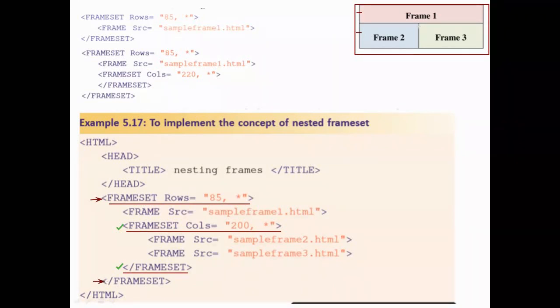Similarly, they will give you one diagram like this in the question paper. Write the suitable HTML tags for this. This will be your question. This output diagram they will give you, and you have to write suitable code for this. The file names they will specify and give you. If not, you can keep your own specified names. Your choice. So this diagram you have to understand and write the code. That's it with this.